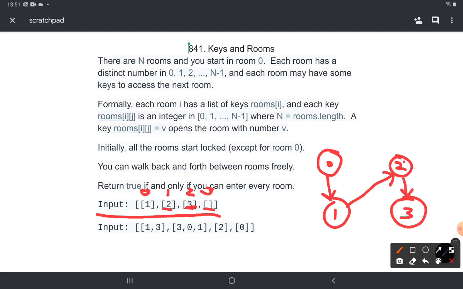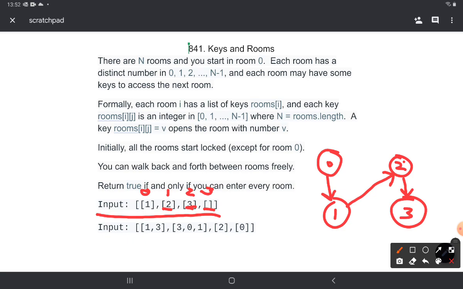And then in 3 there is no key, it is empty. But as you can see in the graph, all the nodes are reachable. So if we do a traversal, either BFS or DFS on this graph, and if we are able to visit all the nodes, then the result would be true since all the rooms are reachable.